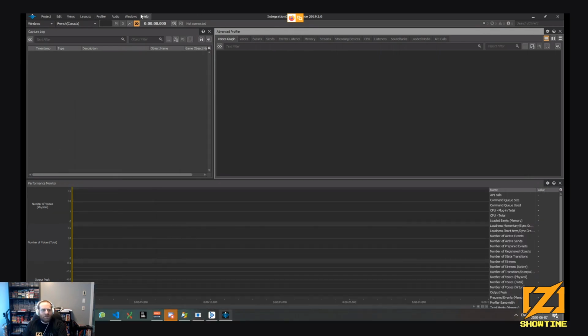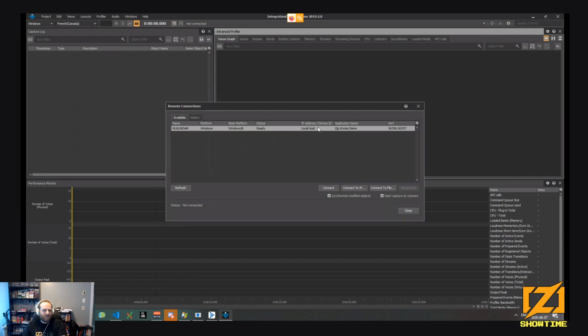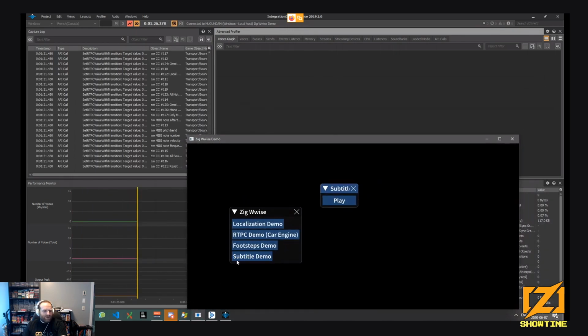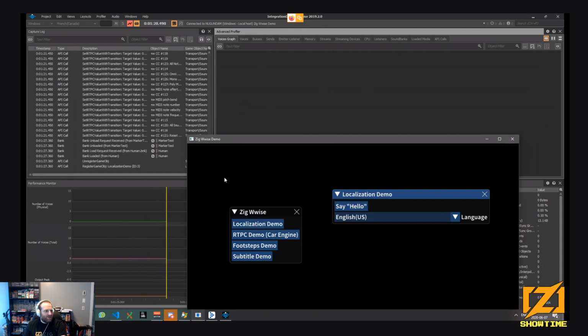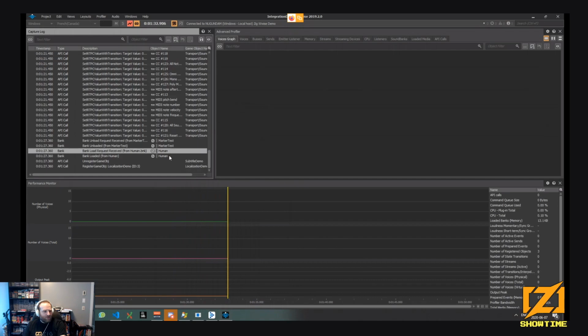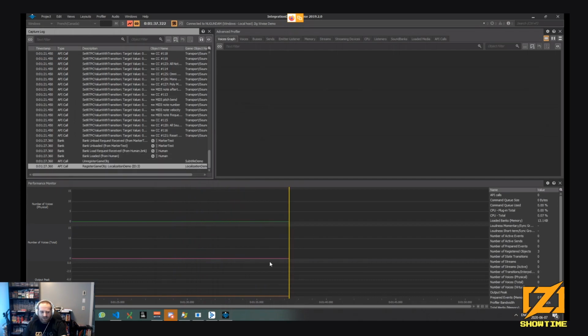This is the profiler view in Wwise. I will connect to my demo, which is in Zig, as you can see here. The profiler will tell me when a sound is playing. So I'll go to the location demo, for instance. Here you can see I unloaded this bank, and this bank, and unregistered this game object and registered this game object.